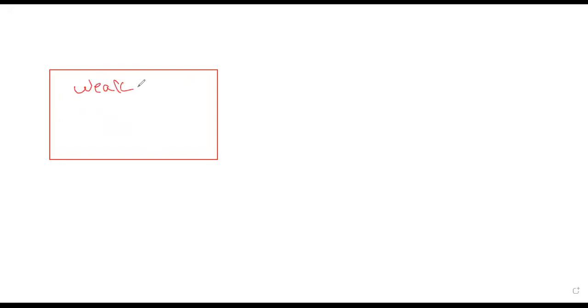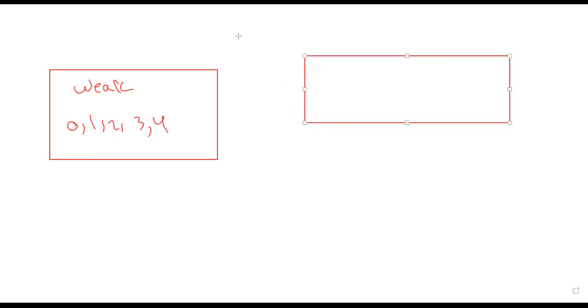Before we start solving, I want to remind you that in approximation we have weak numbers and strong numbers. The weak numbers are 0, 1, 2, 3, and 4. Strong numbers are 5, 6, 7, 8, and 9. And I want to remind you